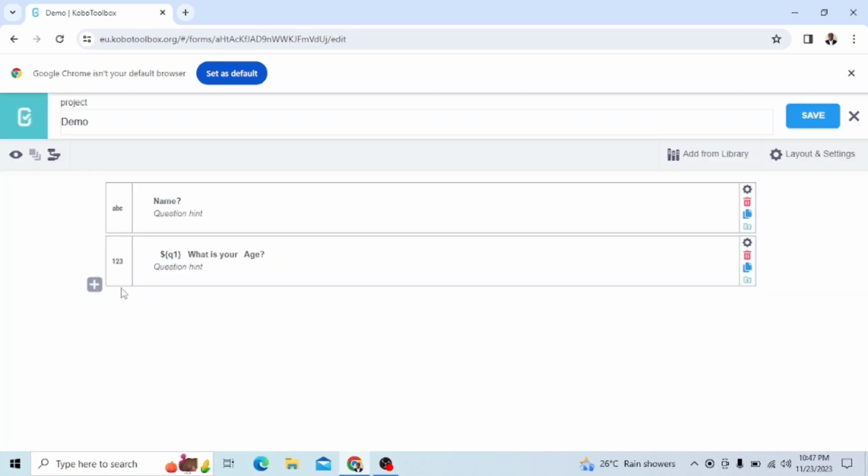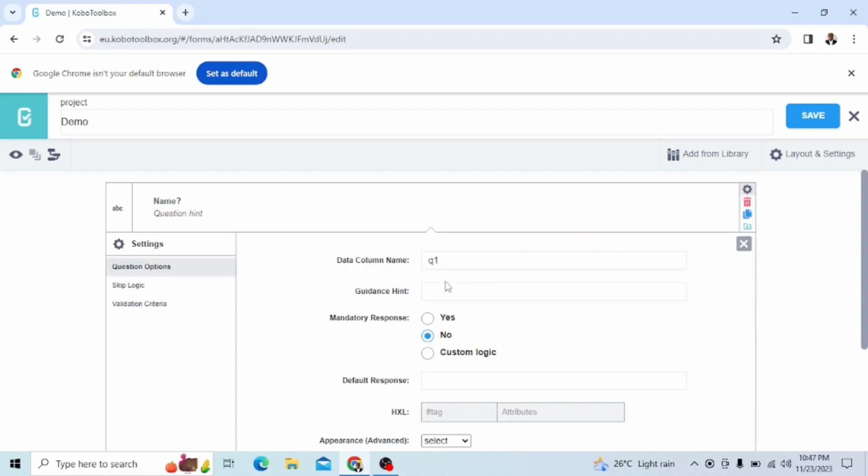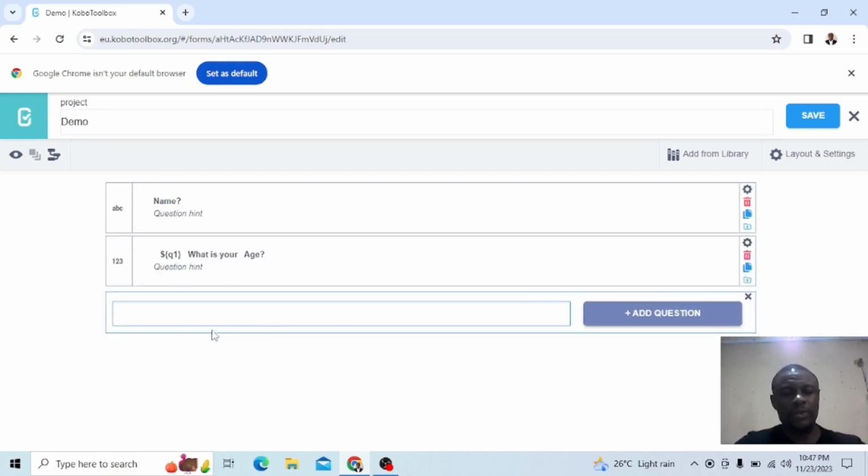Okay, I can go ahead and create the third question. I come here again and copy this data column name, Ctrl C, come to the next question here, and say $, curly brackets open, shift and the bracket, and I paste it inside and close my bracket, and I say